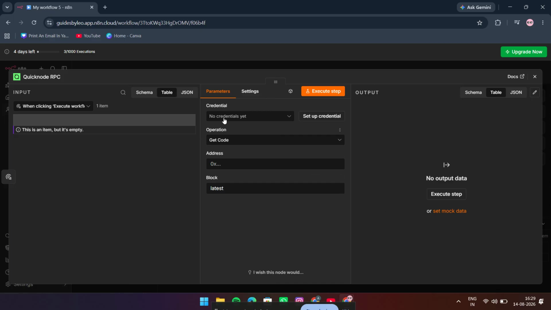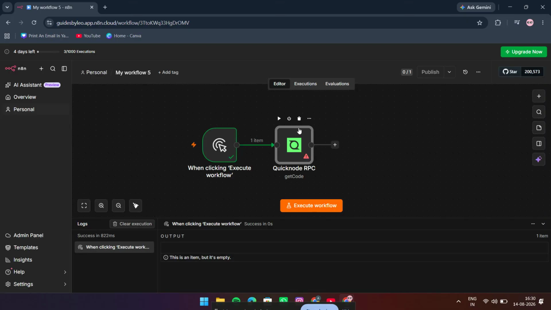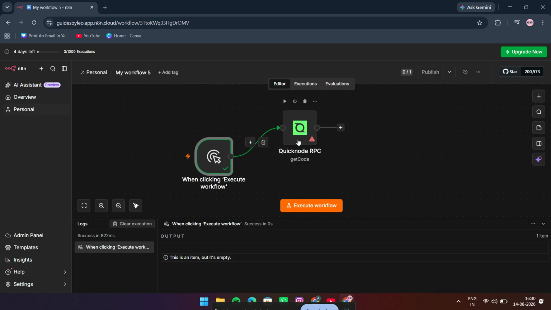Enter the address you want to check and set any required network or RPC details based on your workflow setup. Make sure everything is entered correctly so the node can return the exact code tied to that address. Once your settings are in place, save the node and run the workflow or test the node to confirm it works. If the address is valid and the configuration is correct, QuickNode RPC will return the code for that address